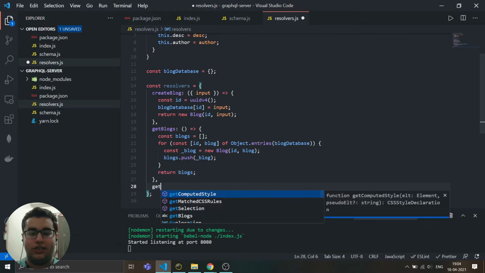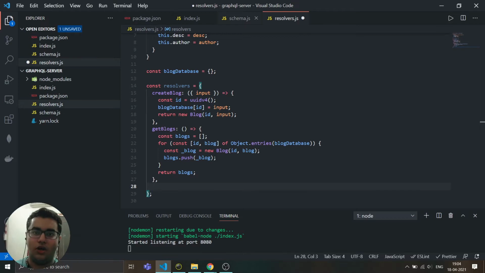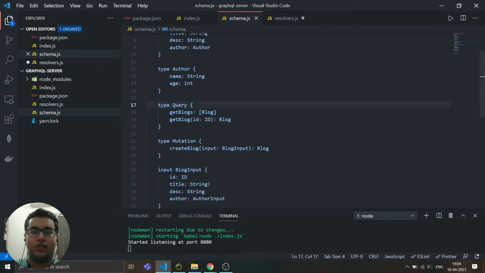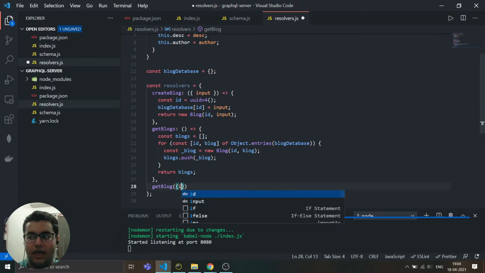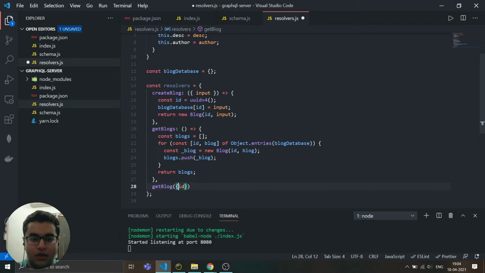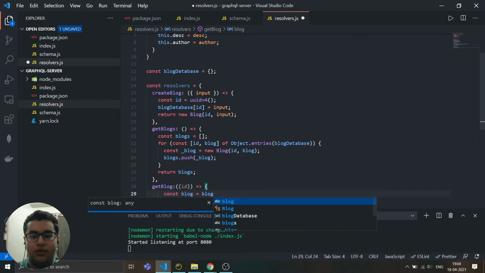So let's create the function get blog, that is coming from the schema, and the get blog will be taking a parameter of id, and it is a function. Then it is going to get the blog from the blog database.